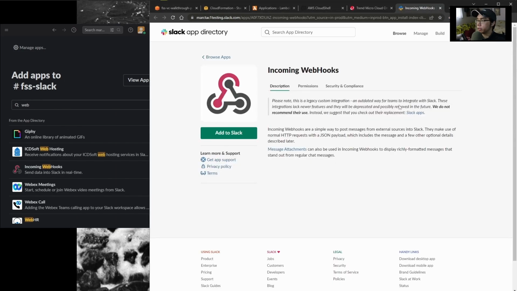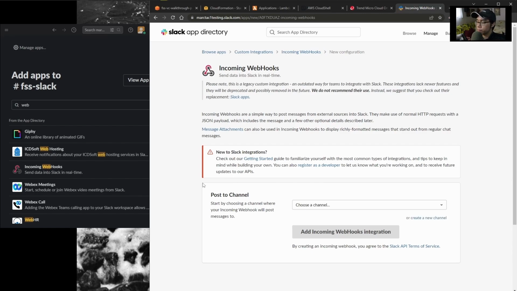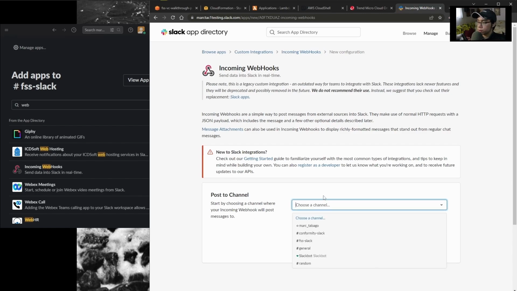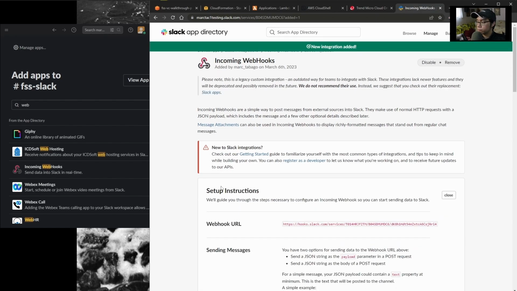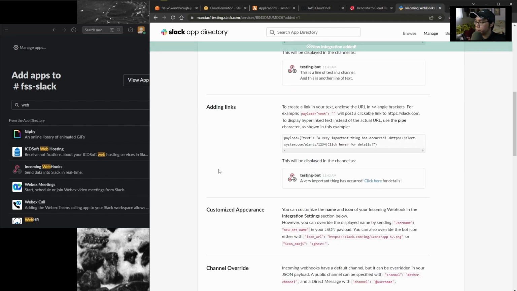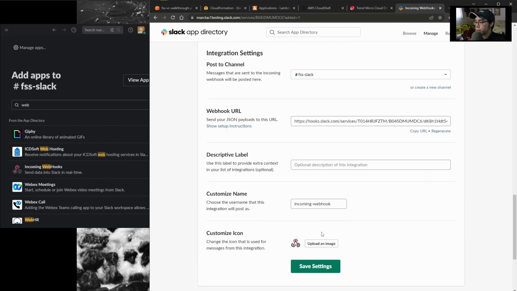This will open the window, and we can add this to our channel. So selecting FSS-Slack, we can scroll down, and I'll change one parameter here just to customize the username for the integration bot,